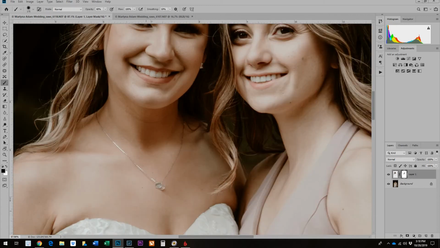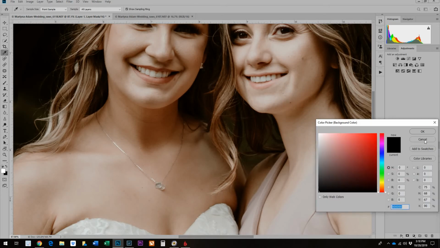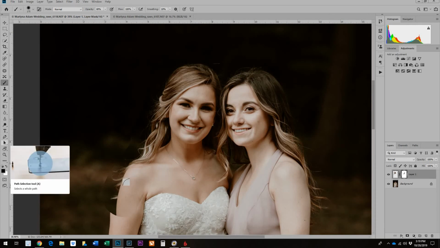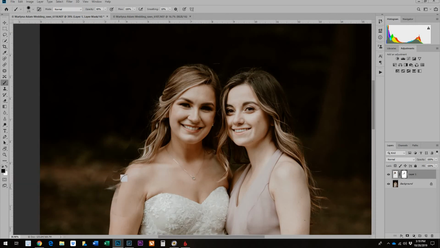You can see her necklace there, so I think I'm going to, oh, here's a trick. If you hit the letter X on your keyboard, it'll switch the foreground and background colors for you, just with a click, so you can really quickly switch between them. Now, we've been painting with black, which hides the layer. If we switch it to white, it'll reveal the layer, so I'm just going to fix that so that there's only one necklace there. So back to black, and we'll paint the mask over this, and right there,